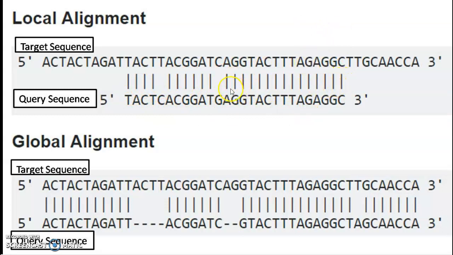This particular area is an island of matches. Such areas are being aligned, and we are only concerned with these areas. So this is local alignment.